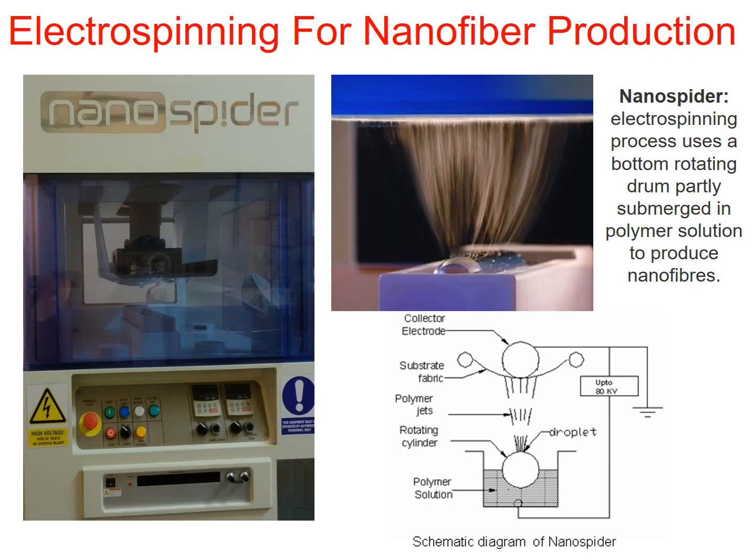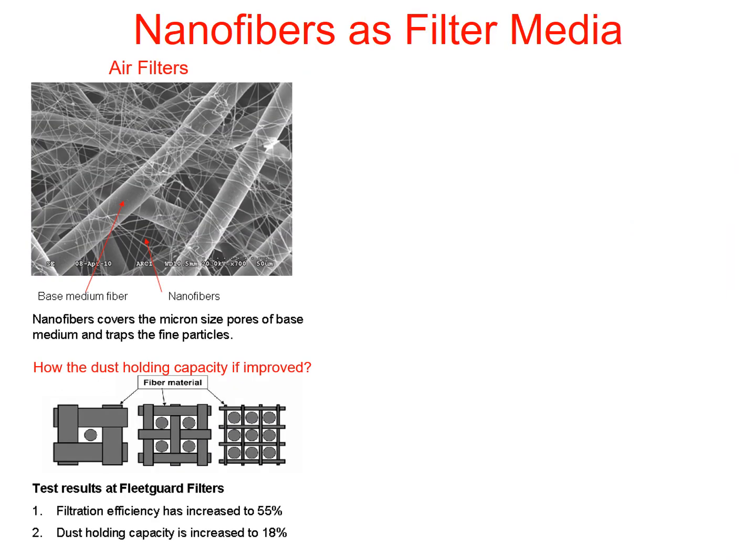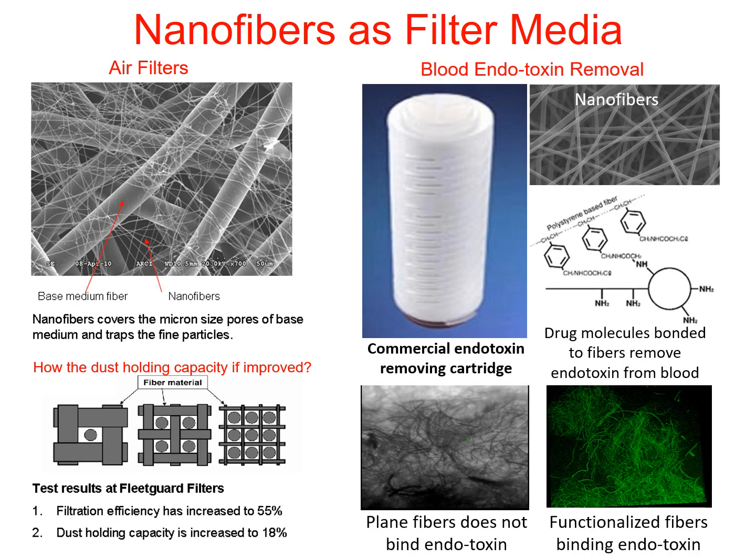Nanofibers are produced by electrospinning technique at ARCI. The machine NanoSpider can coat the nanofibers of desired functionality on long lengths of substrate such as a fabric or paper. Nanofibers are proven to give efficient filter media for air and liquids. The nanofiber-based air filters have shown large improvement in the air filtration and dust holding capacity, compared to conventional filters. ARCI is also putting efforts to give functionalized, nanofiber-based, efficient, long-life and cost-effective import substitute filter cartridge technology for endotoxin